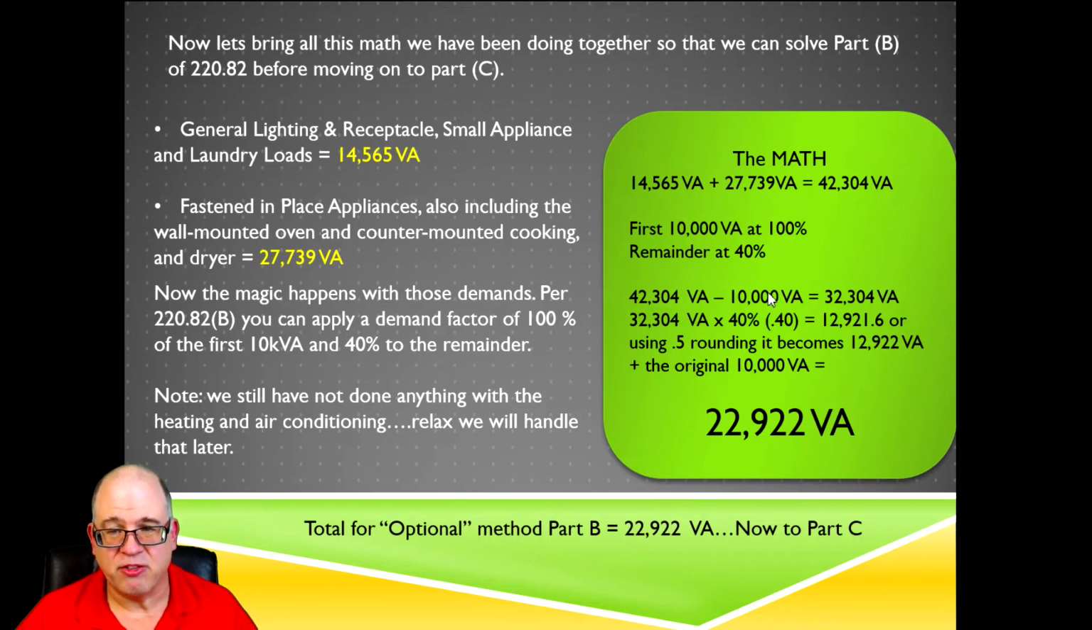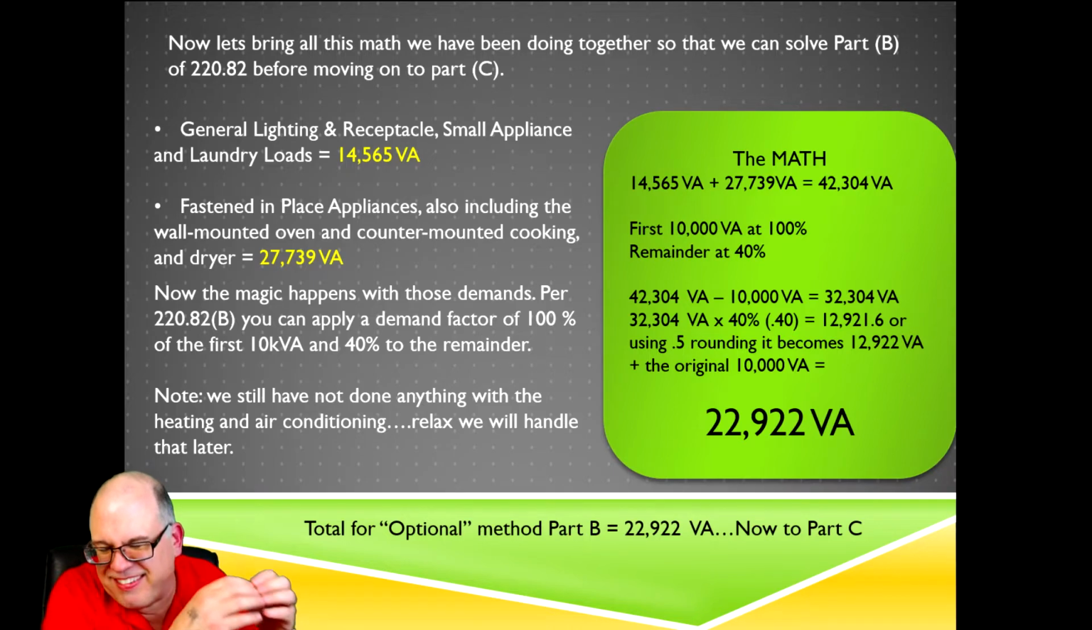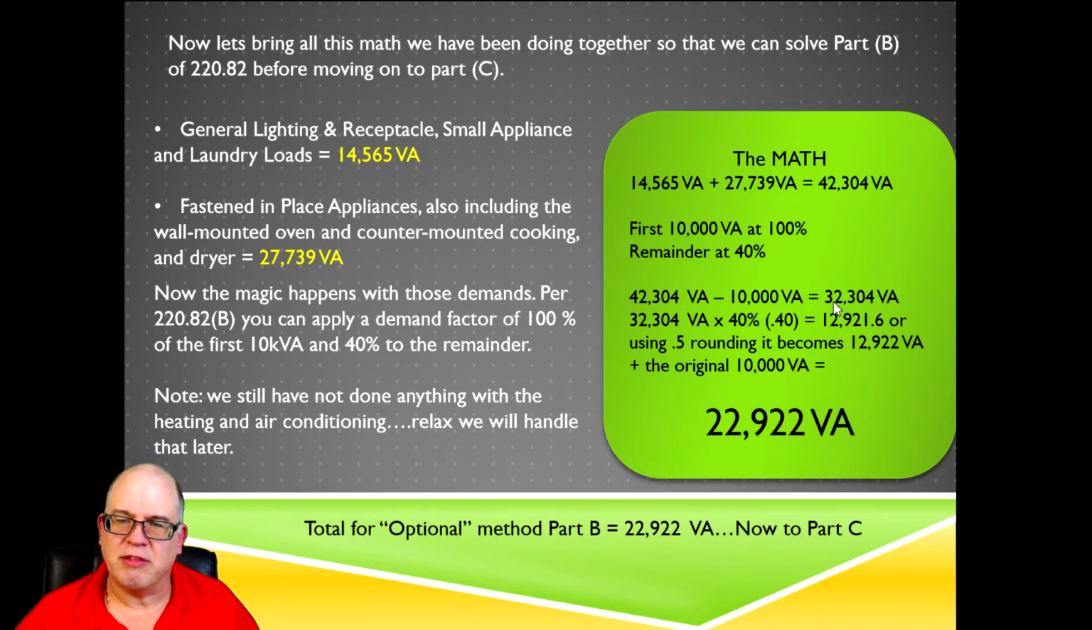42,304 minus 10. Now, why the minus 10? Remember the first 10,000, 100%? So I'm going to take that 10 and I'm going to sit it over here. We're going to add it back later, but I want to sit it over here. Get it out of the way. So now that leaves me with 32,304. That's the part that I take at 40%. So it's 32,304 times 40%. If you like working it out as decimals, then it's 0.40, however you like to work it out. And the result is